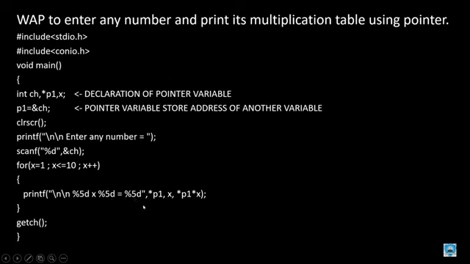So if we want to print the table of 8, we need 3 variables. *p1 I am using, I am not using ch original. Please concentrate on my cursor that is moving in this video. I am not taking the original input variable, but by this pointer, that 8 value we enter into ch will be coming over here. Then after this, x will be coming from 1 up to 10.